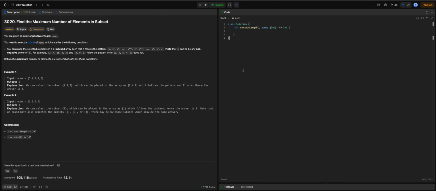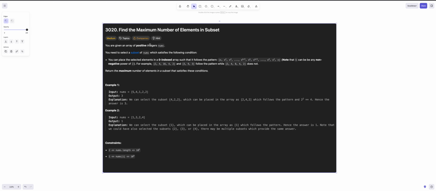Finding the maximum number of elements in a subset. I don't want to judge the people who create this question, but this is literally not worth being a Leetcode problem. Anyway, since it is a Leetcode problem, we have to solve it. So we are given an array of positive integers in the nums array, and we need to select a subset of nums which satisfies the following